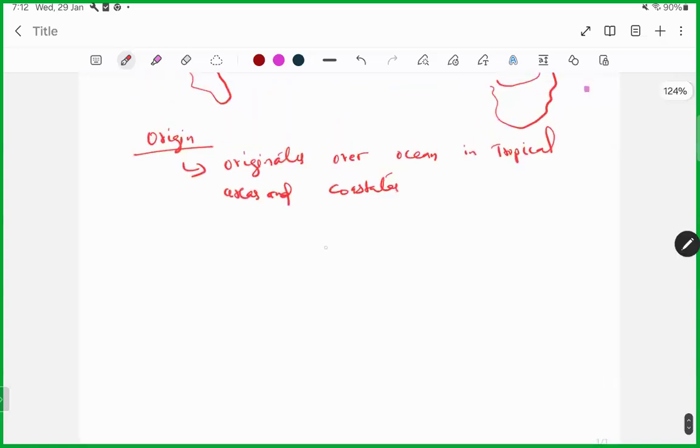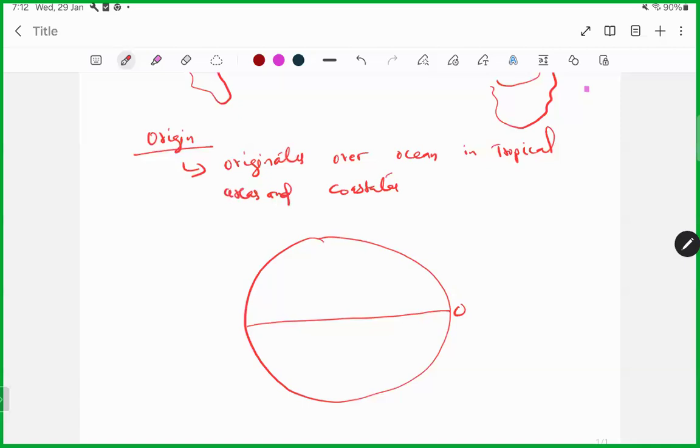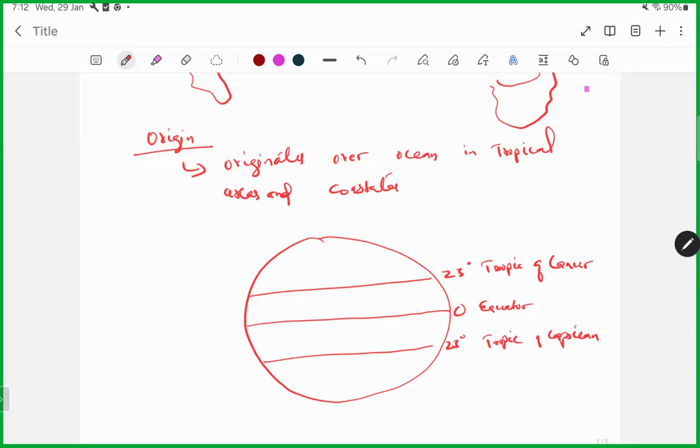All right. So yesterday we made a map like this. So what is this line? It is 0 degree, which is the equator, right? Yes, sir. So this is the 23 degree, which is the Tropic of Cancer, and this is the Tropic of Capricorn. So I told you yesterday, when you write something on geography, always try to draw a map,